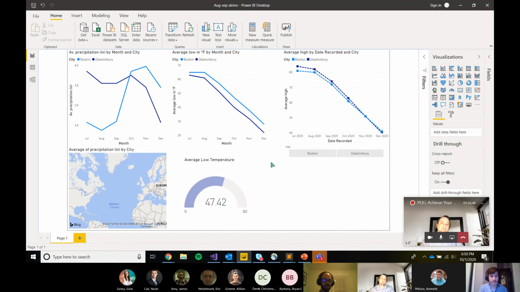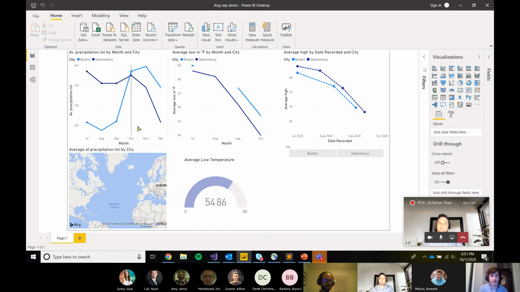So I just threw in a few simple visuals, and the first thing that I wanted to show off was the rectangular select. So by holding Control, I can create this box on my visual, and when I let go, it's going to select all of the data points that fall within that box. And you can see immediately that it is in fact selecting them. We saw our average low temperature increase and a few of the other visuals change. So a really good way to quickly grab the data you want. You don't have to hold down Control and individually click on each of these anymore. You can select it much easier.